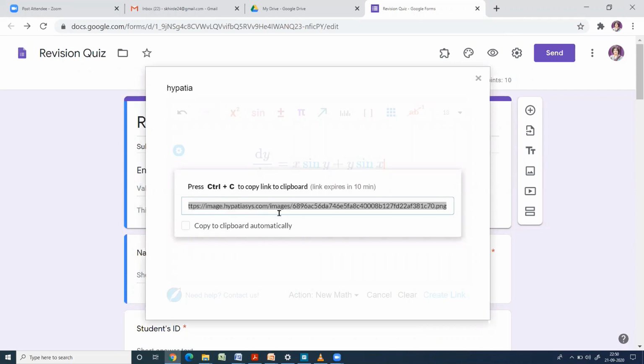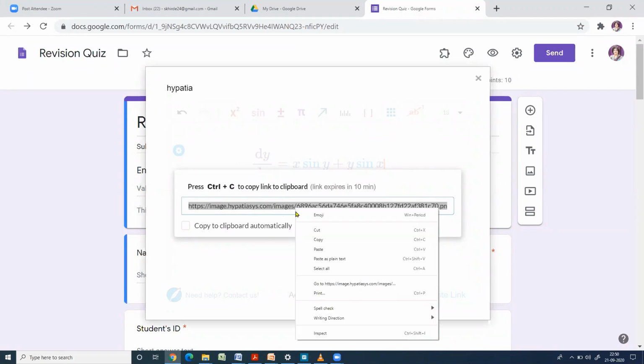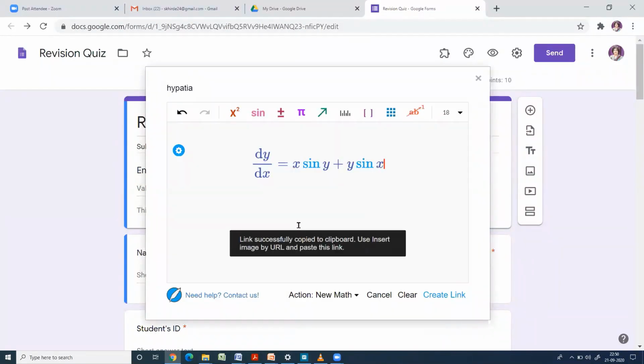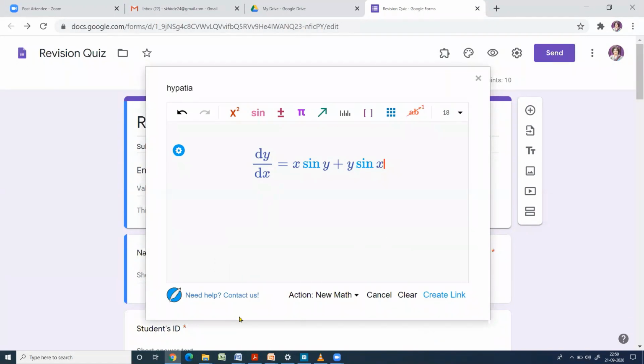So what you have to do, you have to click on Control C. So just copy this, or you right click it and copy, or Control C. So link successfully copied to clipboard. Use insert image. So let us insert this in our Google quiz.